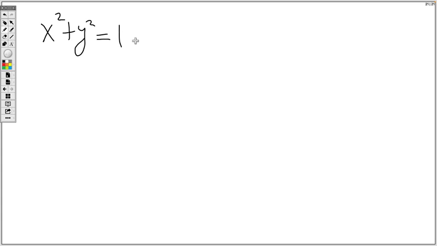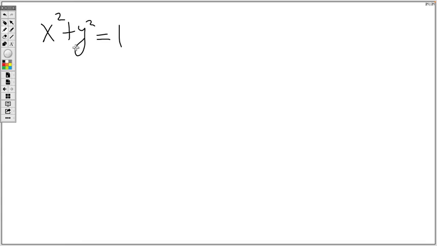Here's another note. You notice x and y are completely symmetric. You follow? What do I mean by that? If I switch the x and the y, I'd end up with the exact same equation. You follow? Now, when we took the derivative, we were taking the derivative with respect to x, but that's kind